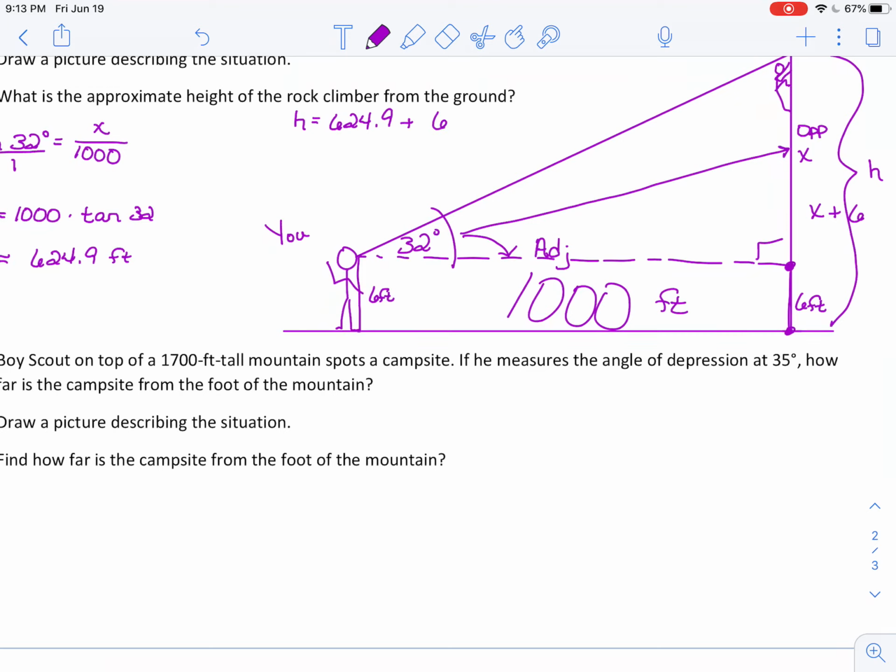Plus 6 more feet for the rest of the, like, the rectangle at the bottom of the triangle, I guess you could say. So he's about 68 feet up in the air. That's our